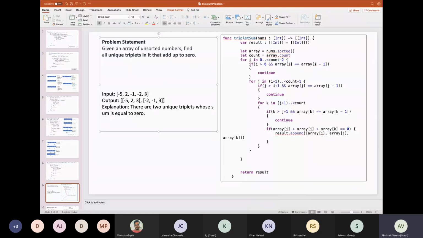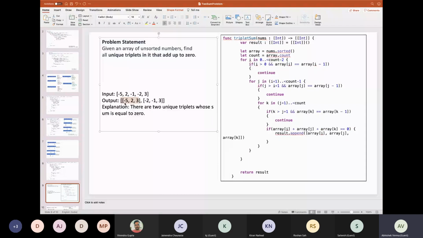So we have to find three elements in this array, unique triplets, meaning those elements should not be repeated values among themselves, and the sum of these triplets should come to 0.